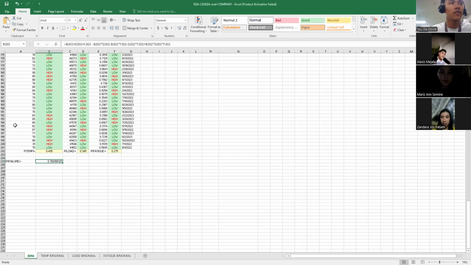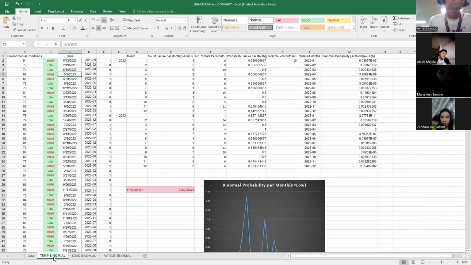So after we calculate the overall probability, which you can see here in this table, we then calculate the probability per month. So how did we calculate the probability per month? First, we assigned three different sheets: we have the sheets for the environmental conditions, the traffic load, and the material fatigue. So to calculate the probability per month